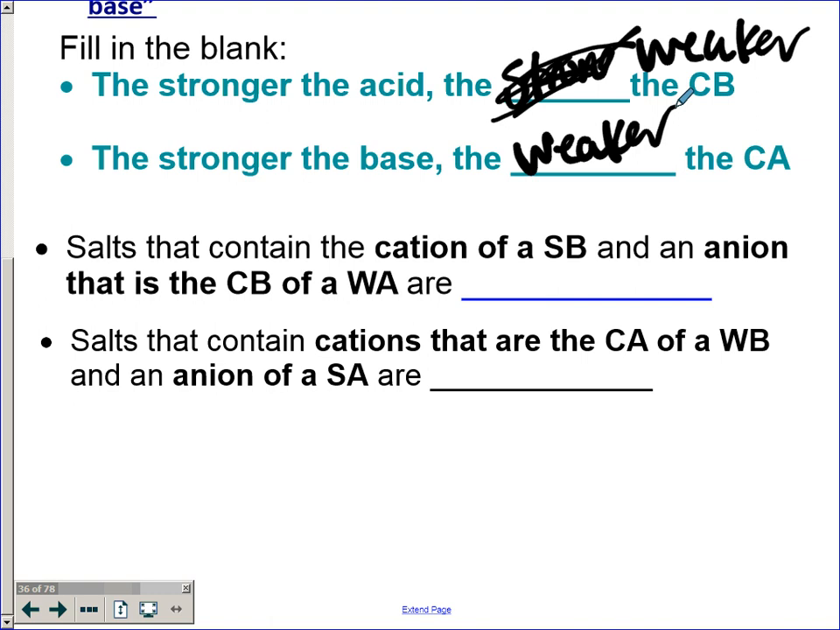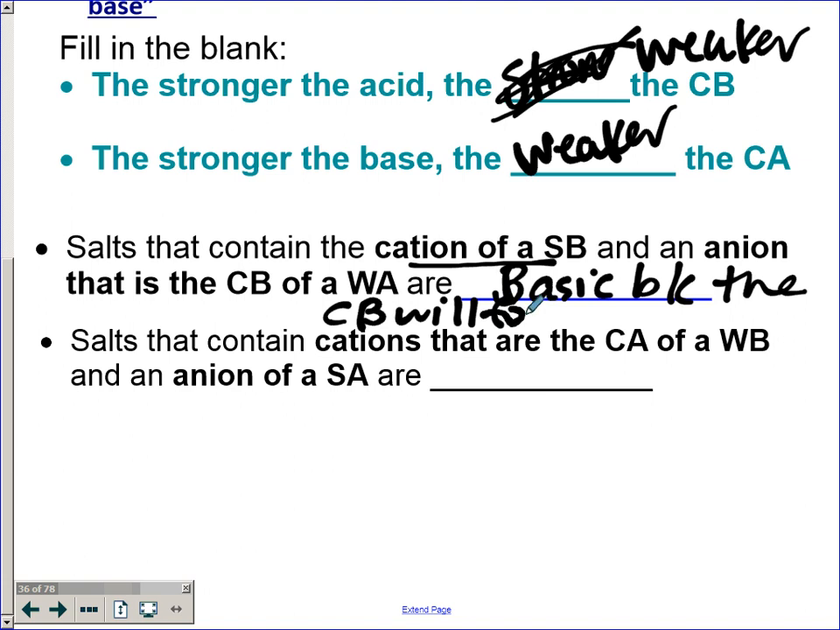Salts that contain a cation from a strong base, but an anion from a weak acid, which therefore is the conjugate base, is what type of salt? Acidic, basic, or neutral? Say again? Basic. Okay, so the cation of the strong base is really the dead giveaway. It is basic because the conjugate base will form OH minus in solution, and that's really what's telling us that it's going to be basic in the end once